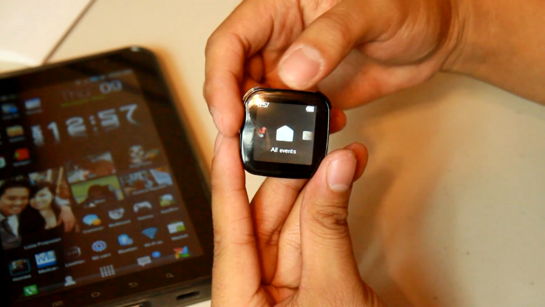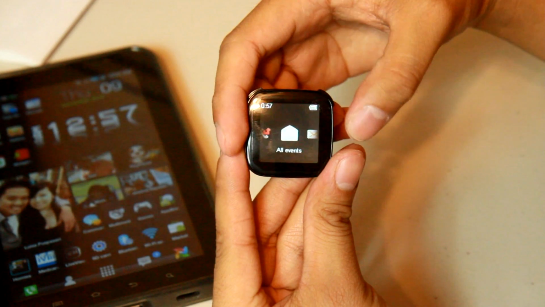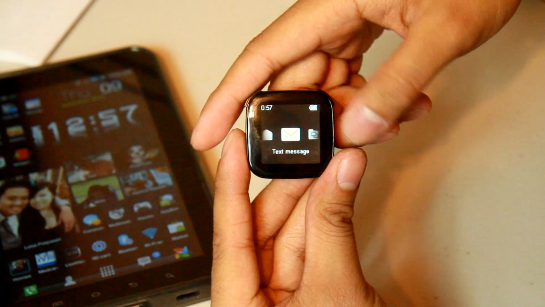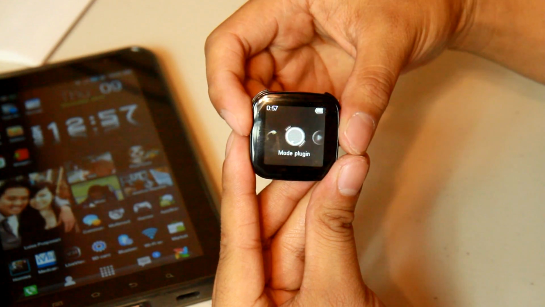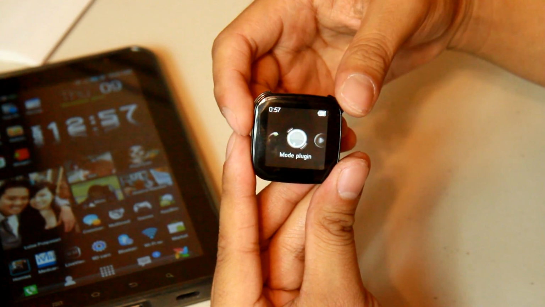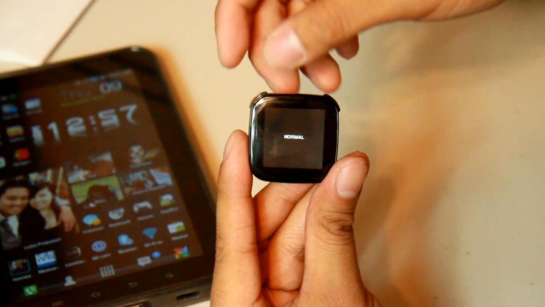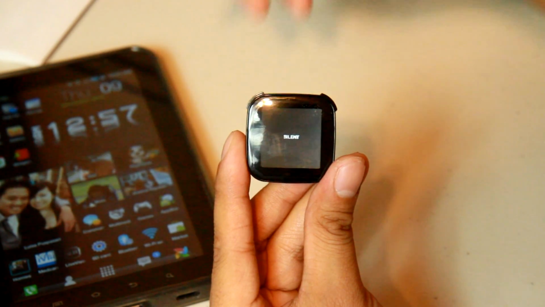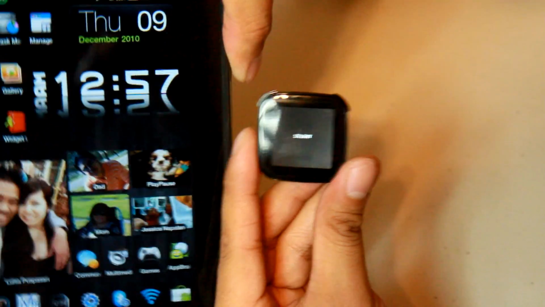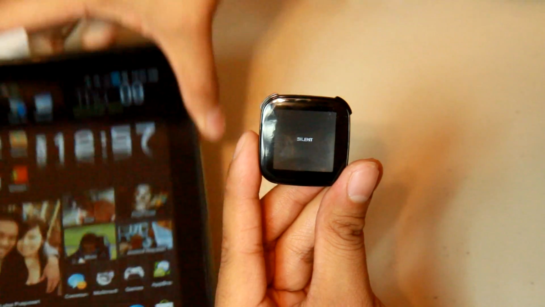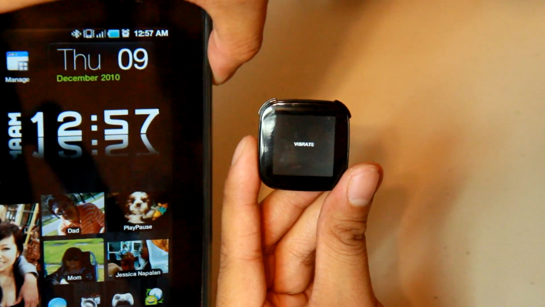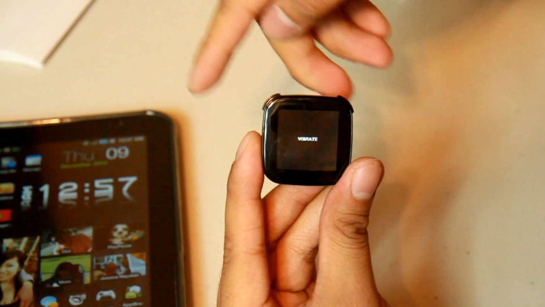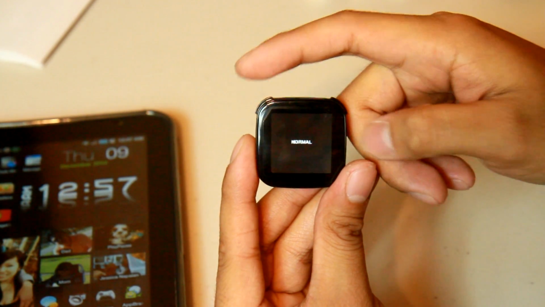So, okay, let's go to the plugins. When I select the plugin, the mode plugin allows me to change it from normal. If I go up, it changes to silent, and as you can see, it is silent. Without me pressing a button, I just slide it up, goes to vibrate, it vibrated. As you can see, it's on vibrate. I scroll up, normal. If I go to the right,